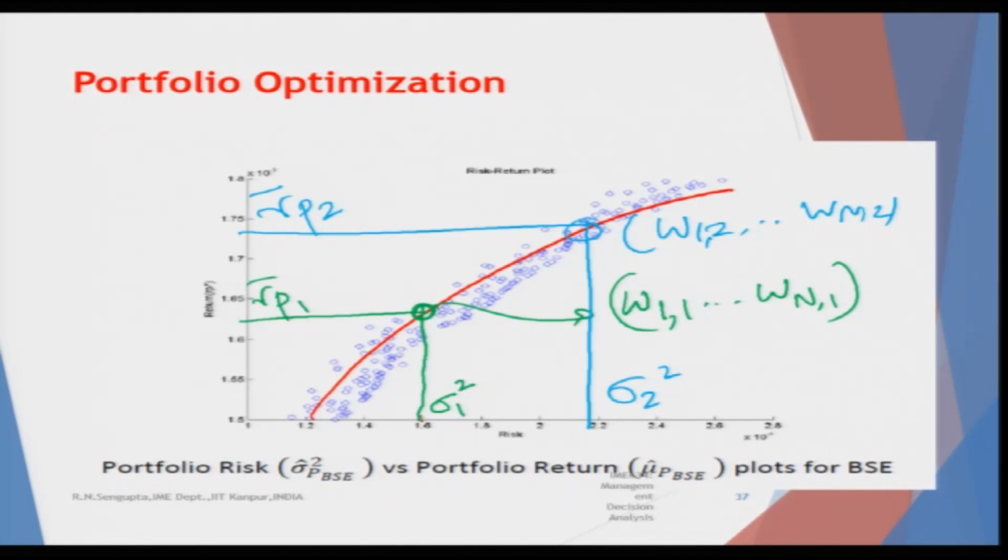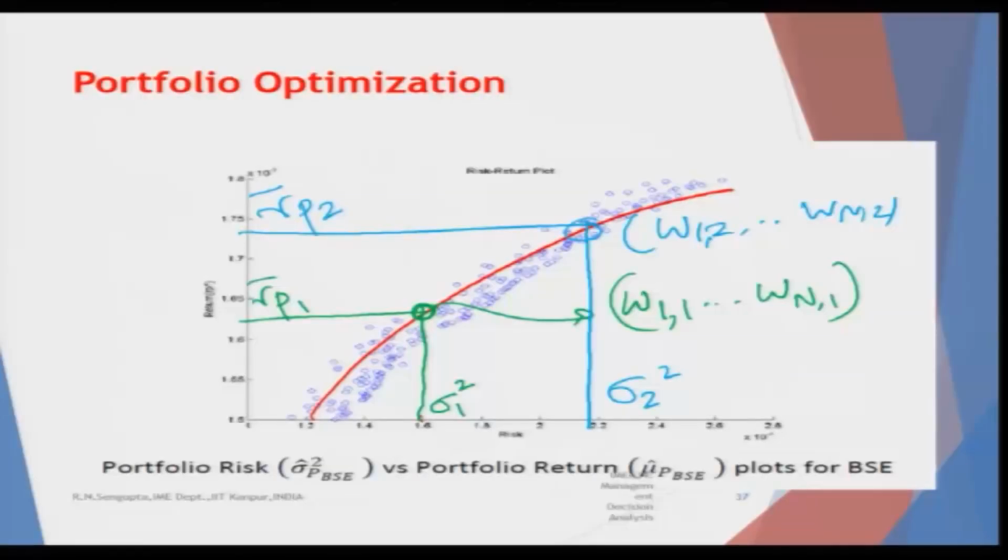So, portfolio risks versus portfolio return are plotted for BSE, and you can find it out accordingly and do the runs as required. If you had only plotted the returns, then you would have the returns and the portfolio values, trying to maximize the return. That will give you some set of weights which would not exactly match here. Then if you find the values of the risk only, trying to minimize in the quadratic case, you will have only the risks, and there would be a different set of weights corresponding to that.